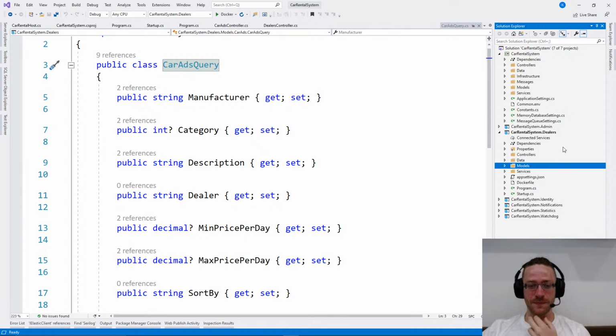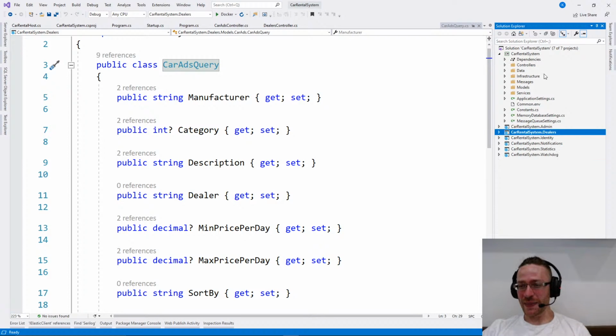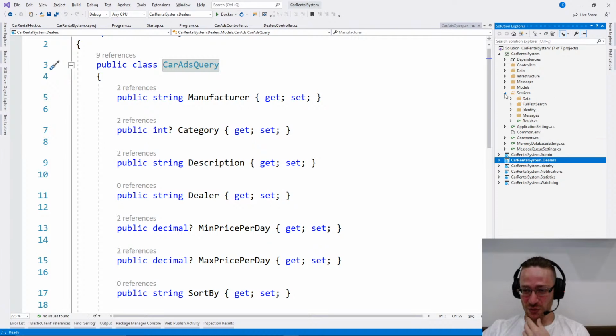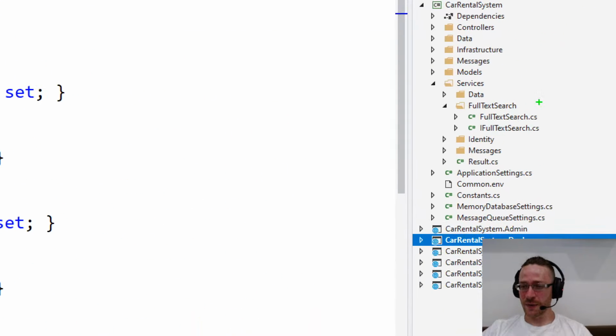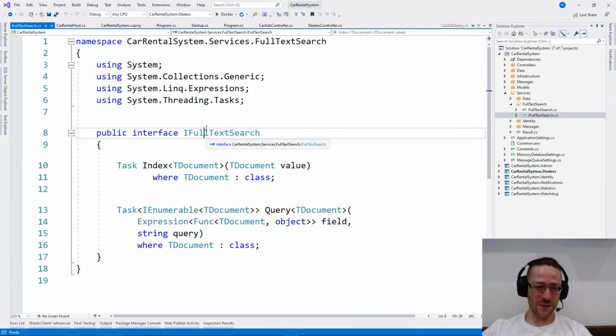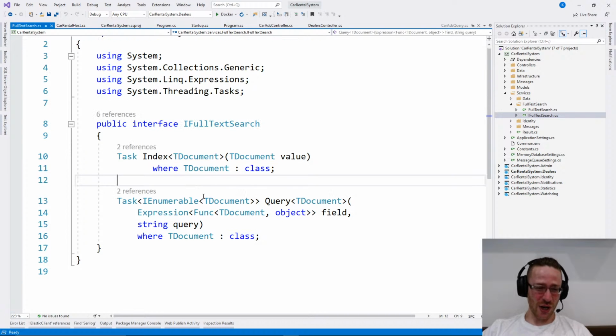First, we want to add some services for Elasticsearch. I'm going to add them in the common projects because Elasticsearch may be used as a common service in different microservices, so I'm going to add it here. And here I have a full text search service, and I have created a full text search in which I have two